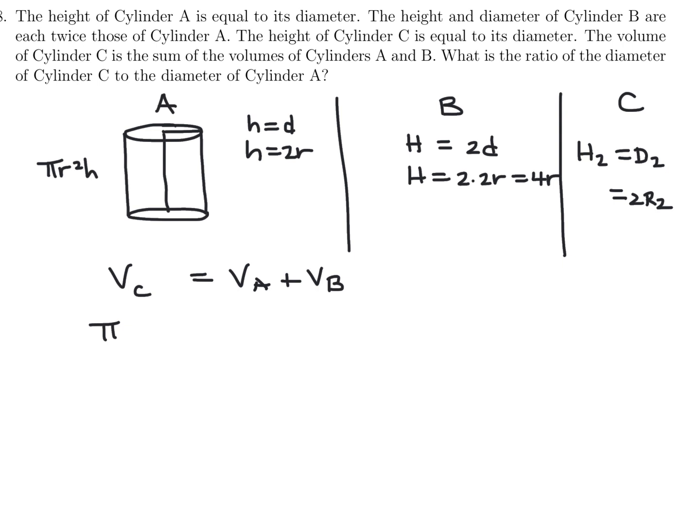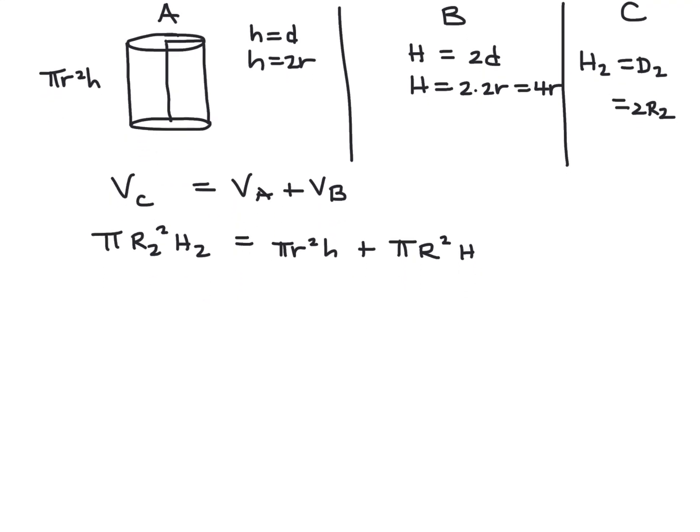This would be pi r2 squared times H2, and this is going to be pi r squared times height, and this is going to be pi r squared times height. Okay, let me just make sure I do this carefully here. So first let's get rid of all the pi's. That way we don't need them. So r2 squared,